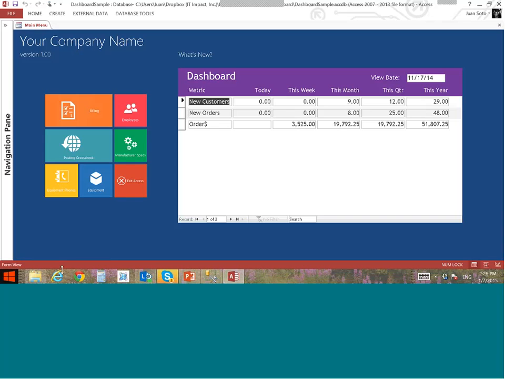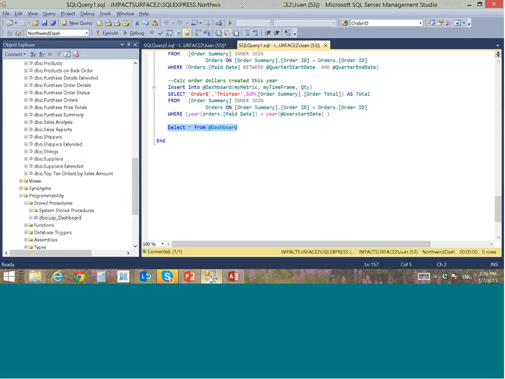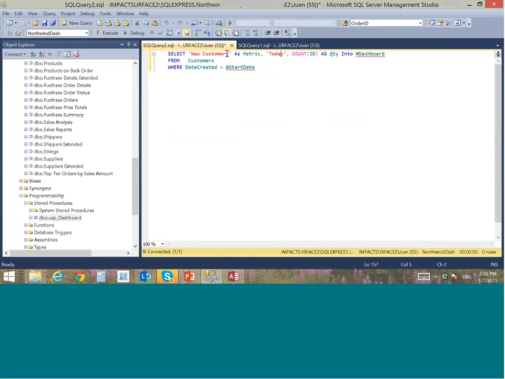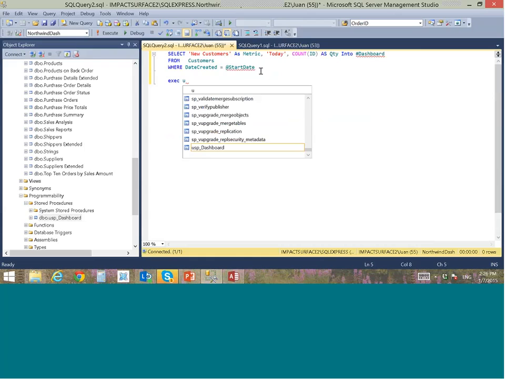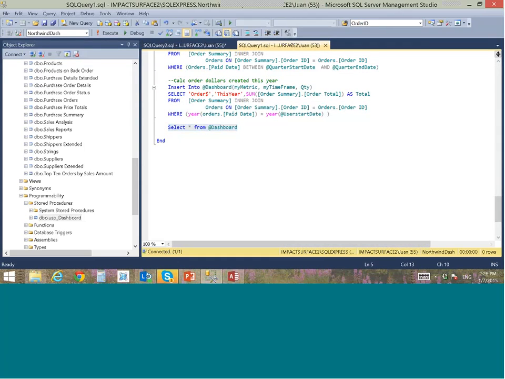And so one of my points is when you create a stored procedure in SQL Server, and I realize this is not a stored procedure chat, but when you have a stored procedure like this, the first thing you want to do is test it in SQL Server first, make sure it works fine, and then try using it in Access. So again, the way you would test this is you would just say exec, and then the name of the procedure. And I always use USP underscore to name